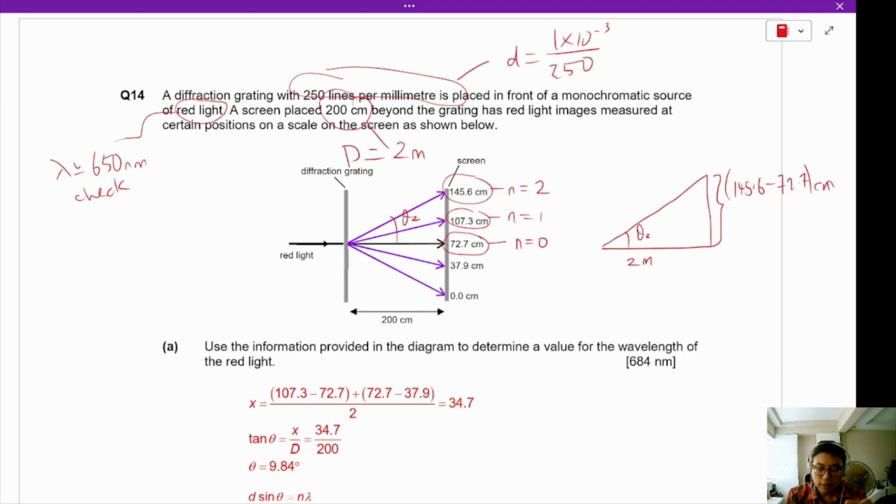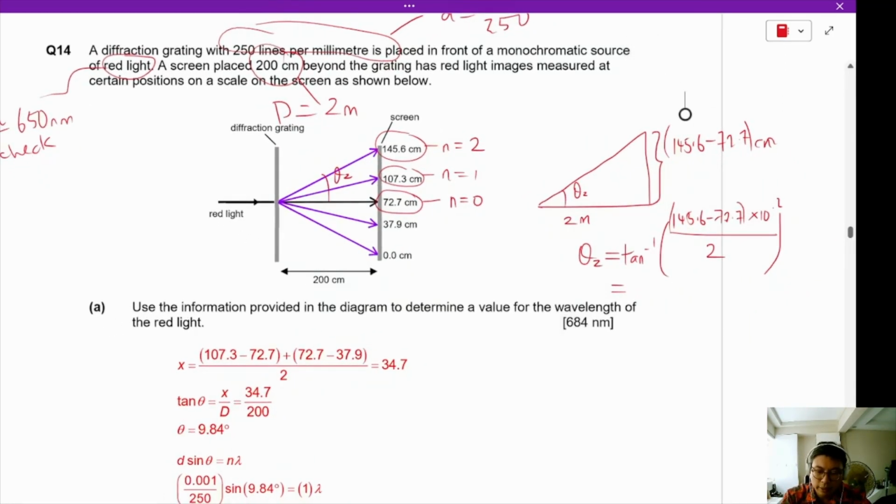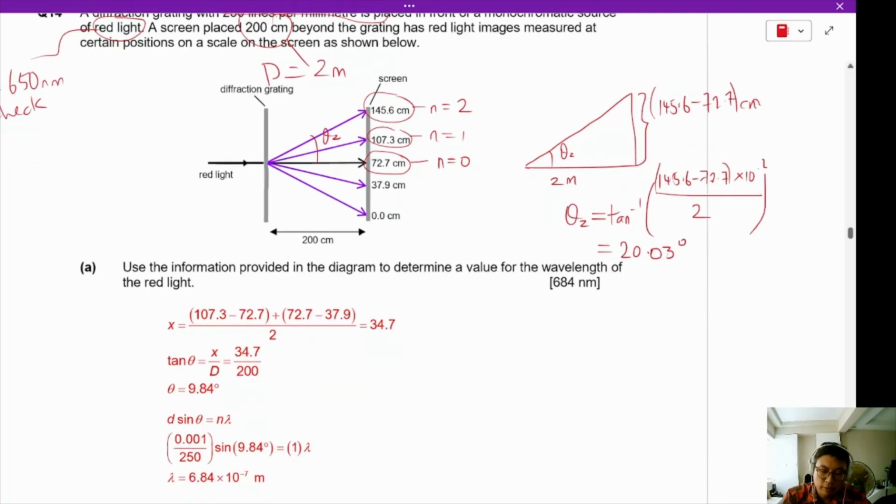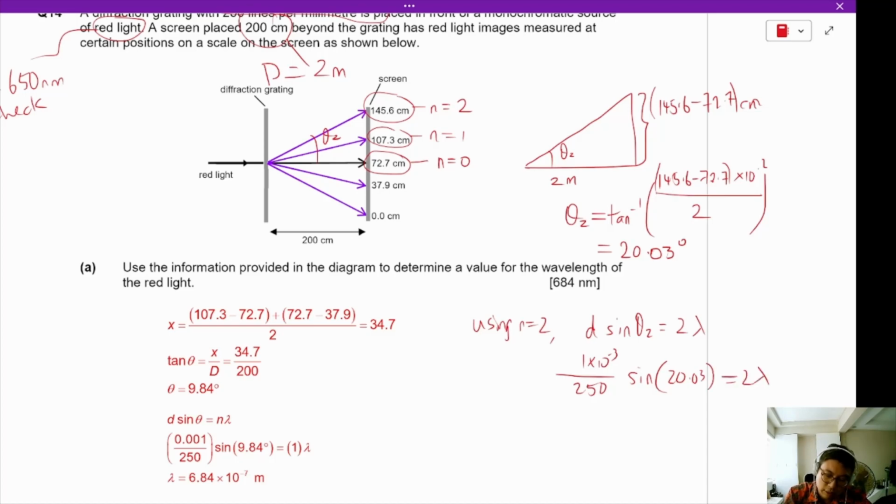So let's find theta 2. Using a calculator and a little bit of trigonometry, we can find that theta 2 equals 20.03 degrees. Now we can find a value for the wavelength of red light using theta 2. Using n equals 2, we get d sine theta 2 equals 2 lambda. So 1 times 10 to the minus 3 divided by 250, times sine of 20.03, equals 2 lambda, giving us